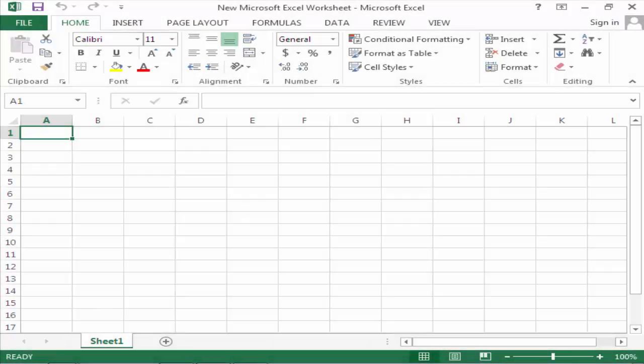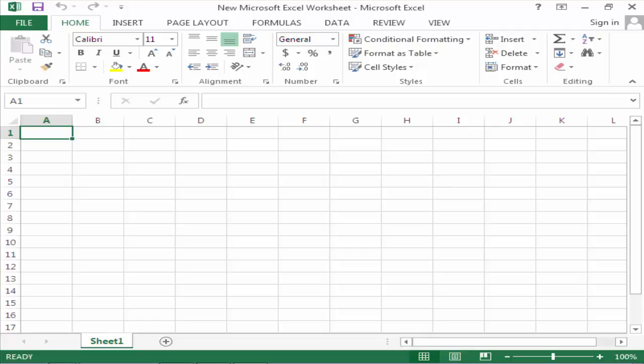Excel files are called workbooks. Whenever you start a new project in Excel, you'll need to create a new workbook. There are several ways to start working with a workbook in Excel 2013. You can choose to create a new workbook either with a blank workbook or a pre-designed template, or open an